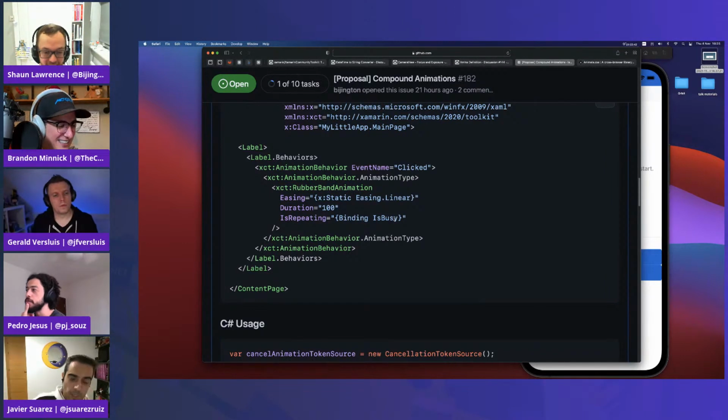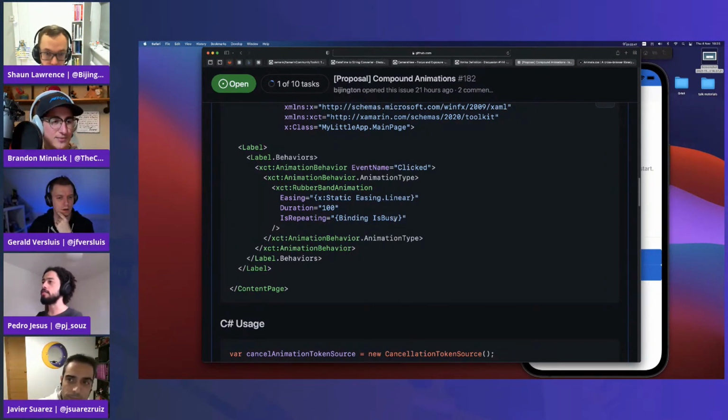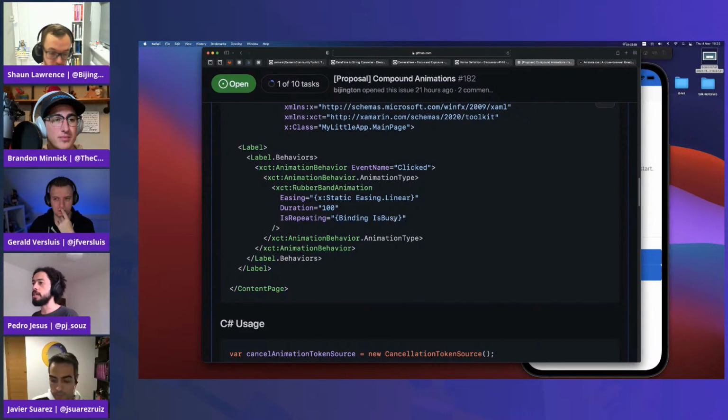I would say that it's possible to implement that using C#. I remember when Sean and I were discussing this feature for the first time, there was just the C# side of things. And I asked him if we could do that in XAML because most developers use XAML. So making everything XAML friendly would be kind of better, but it's not a must. You can implement that right now without the animation behavior, and in the future you can extend that to use XAML or even another approach that maybe could make more sense, I believe.